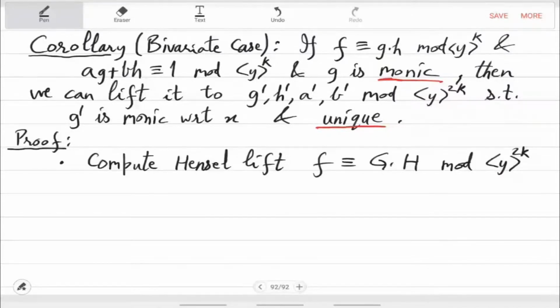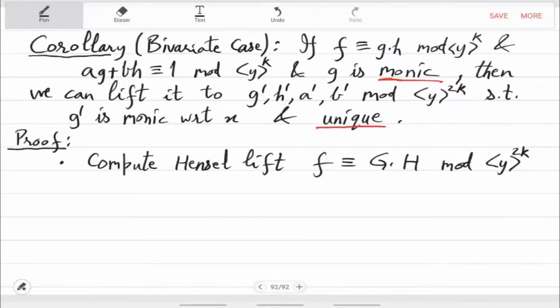So just use the algorithm in the previous theorem. That will give you big G and big H in higher precision, y to the 2k. You started with the low precision small g times small h mod y raised to k and lifted that to this. Now the problem is that this big G may not be monic anymore